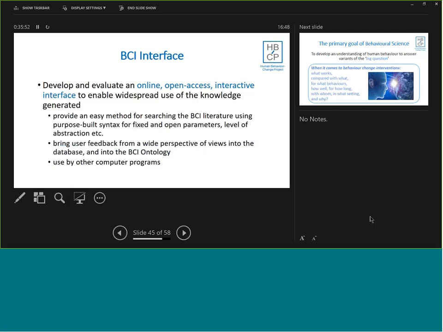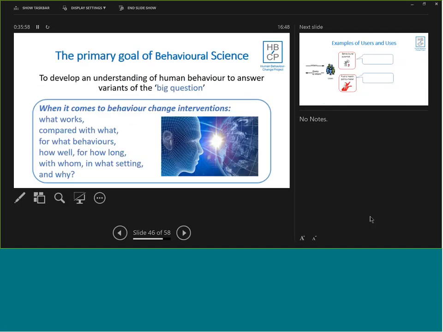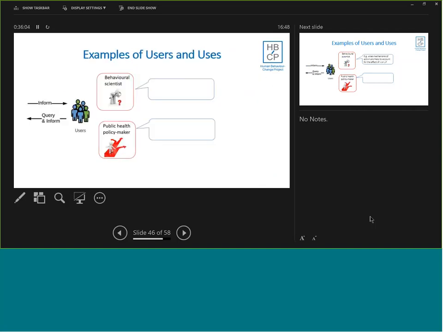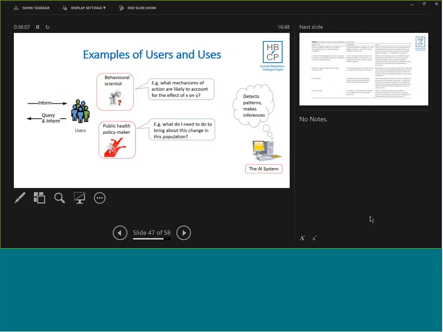And also the interface being used not just by human beings, but other computer programs. Okay, just to remind you of this big question that I mentioned before in terms of the user interface, and also different kinds of users. They could be practitioners, they could be basic scientists, researchers. You know, we're envisaging a really wide range of users, and we're building up as we go